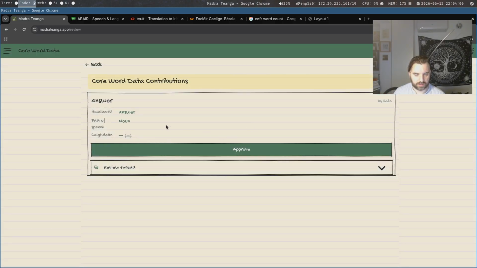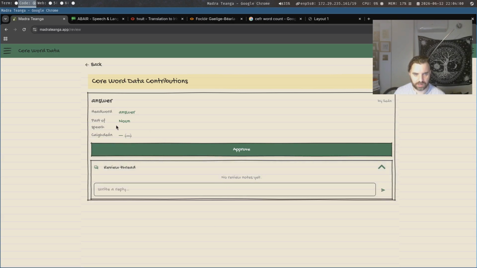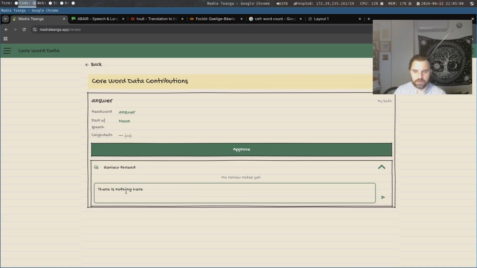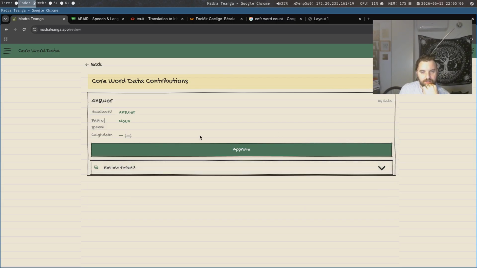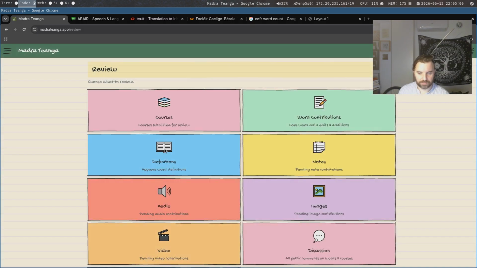This is the one that I just submitted, right? So then I can just go and take a look, and I'm like, yeah, it looks pretty good. There's nothing here. I can say nothing here, or maybe something less rude. Oh, another bug. Interesting. Yeah, and then if I'm happy and I approve this, then it will show up in the database, which would be an issue in that case.